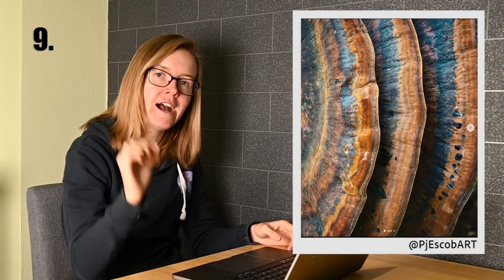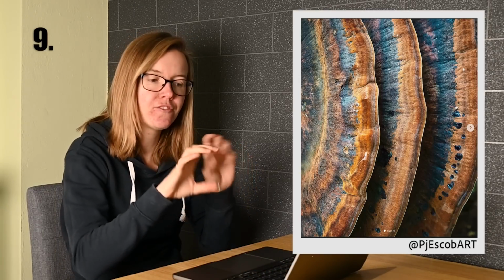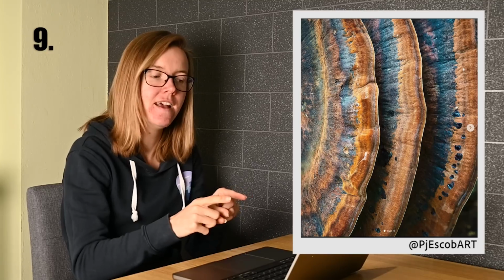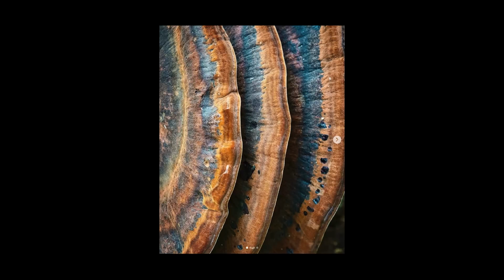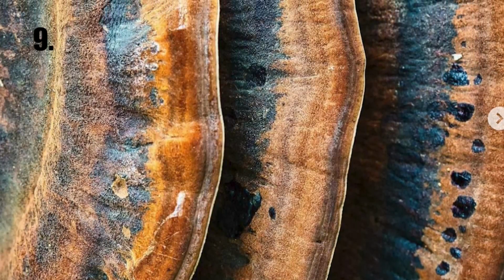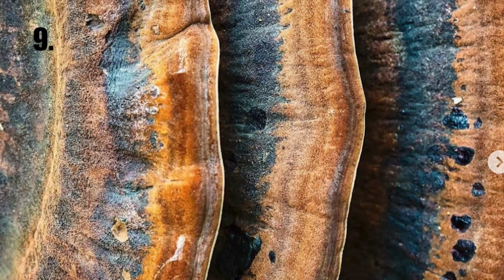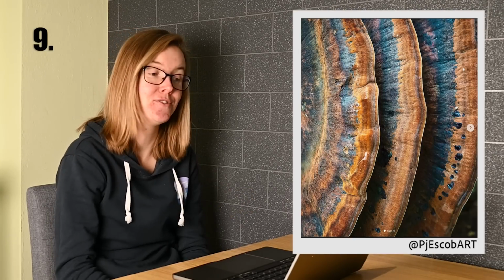And to find fungi like this that hasn't been broken or eaten by an animal and that's almost fresh and perfect as this is very, very difficult to find. So to find one that's as beautiful, as pristine and as textured as this is such a rare find, and then to capture it like this, the contrast in this image and the subtle changes in tones and colours between the blacks and the browns and the yellows in this image, it's just incredible. I can't stop looking at this photograph, and I hope you guys enjoy this one too,